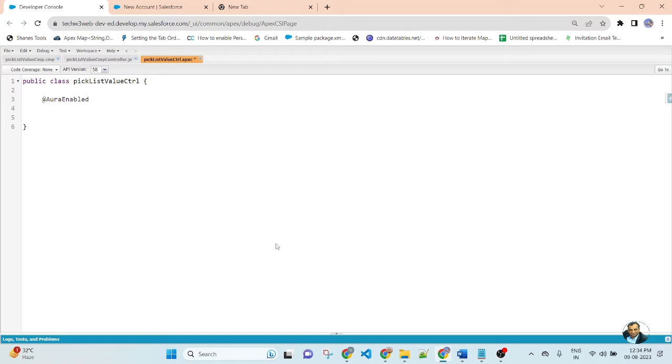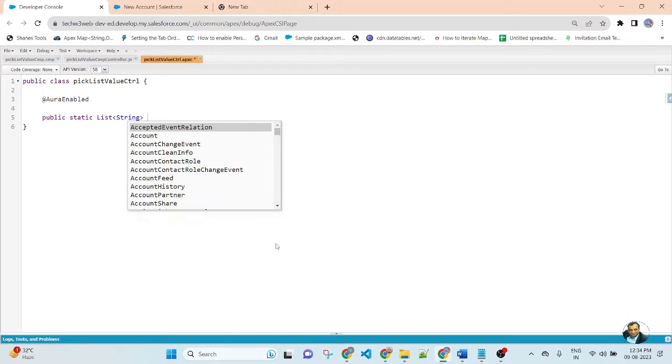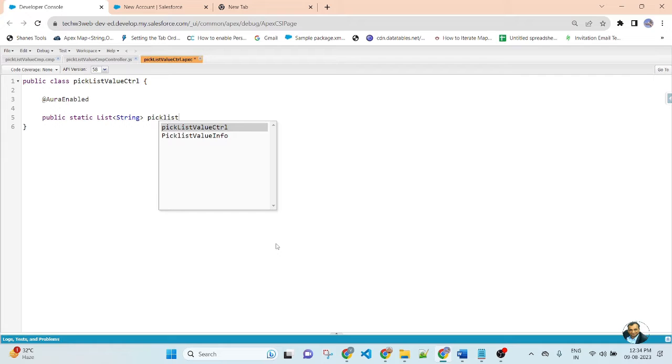Then we will create a method: public static List<String> picklist. This is the name of the method, and here I will pass two parameters. First parameter for the object name, second for the value.